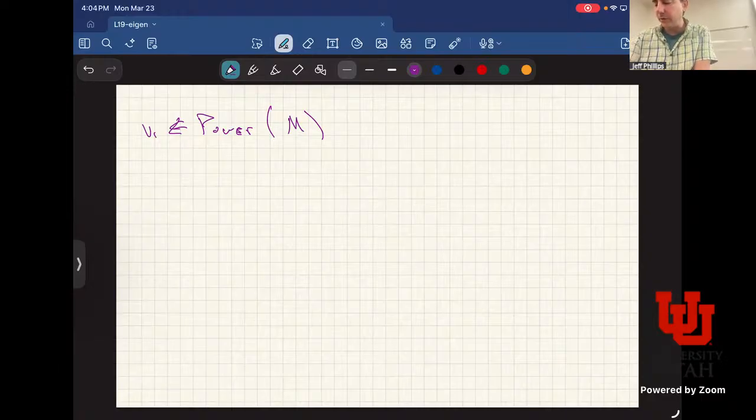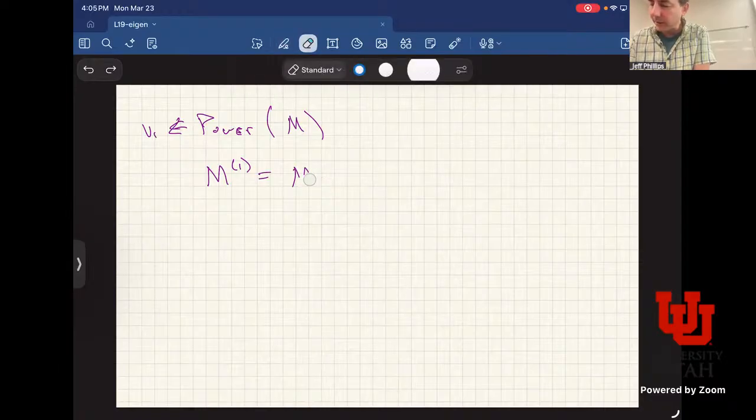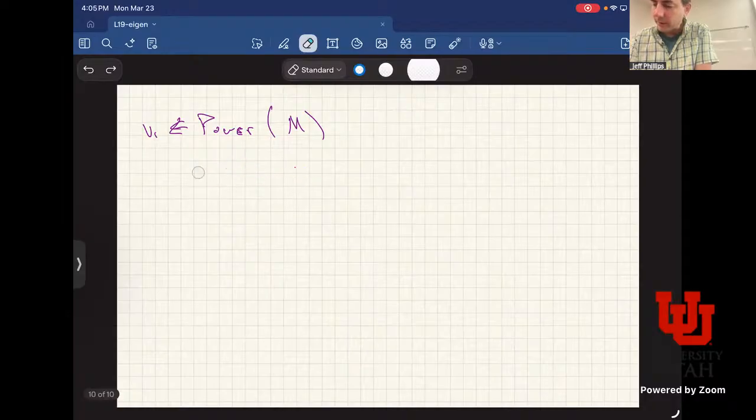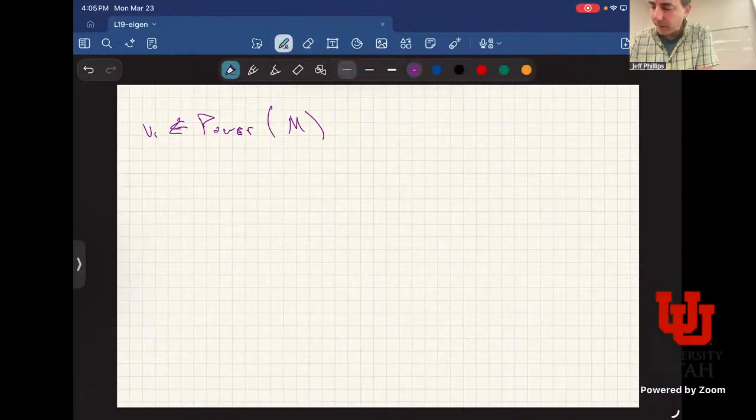Then I define M1 equal to M minus, let me see, V1 V1 transpose, right? This will be a rank